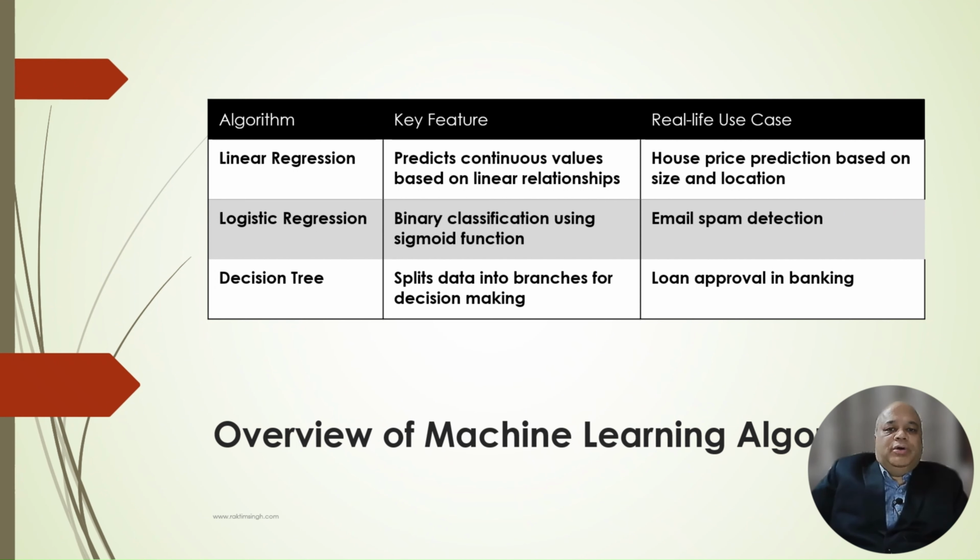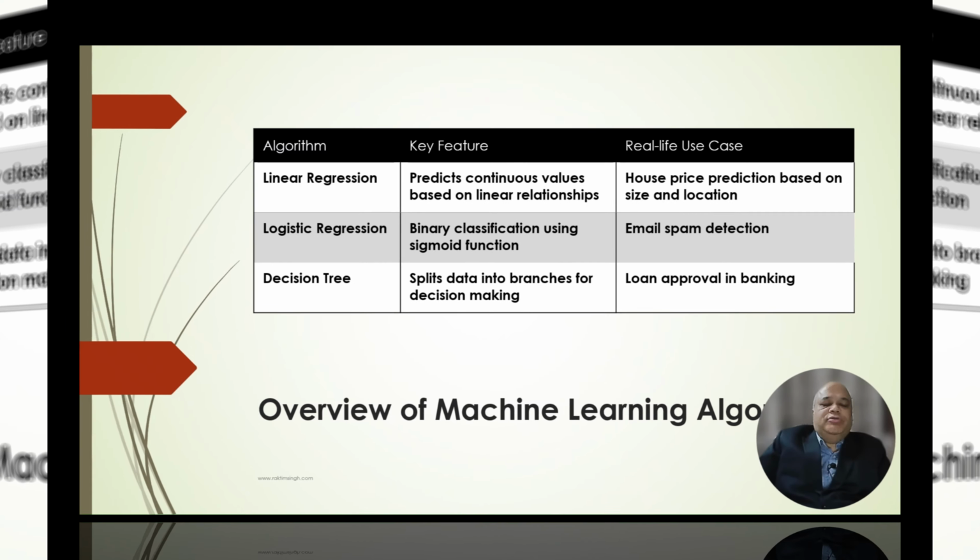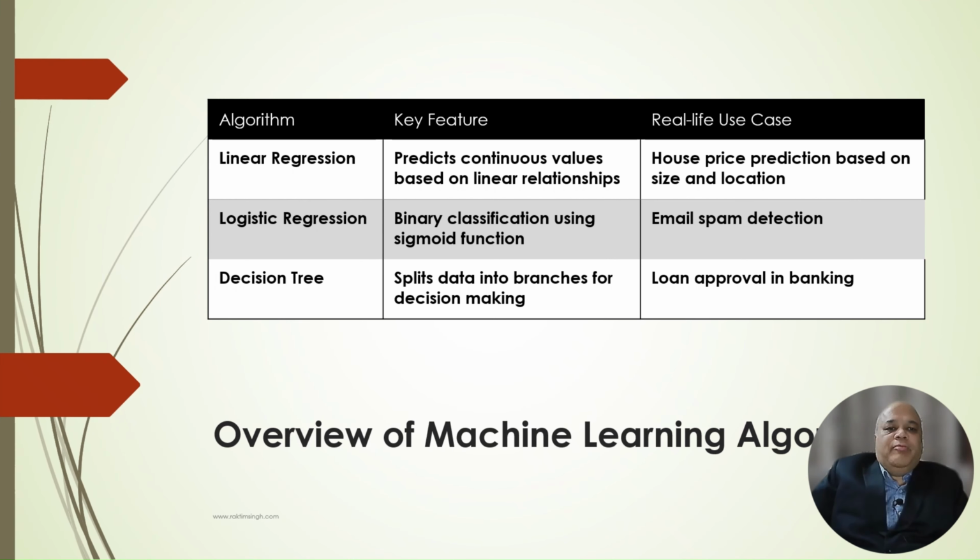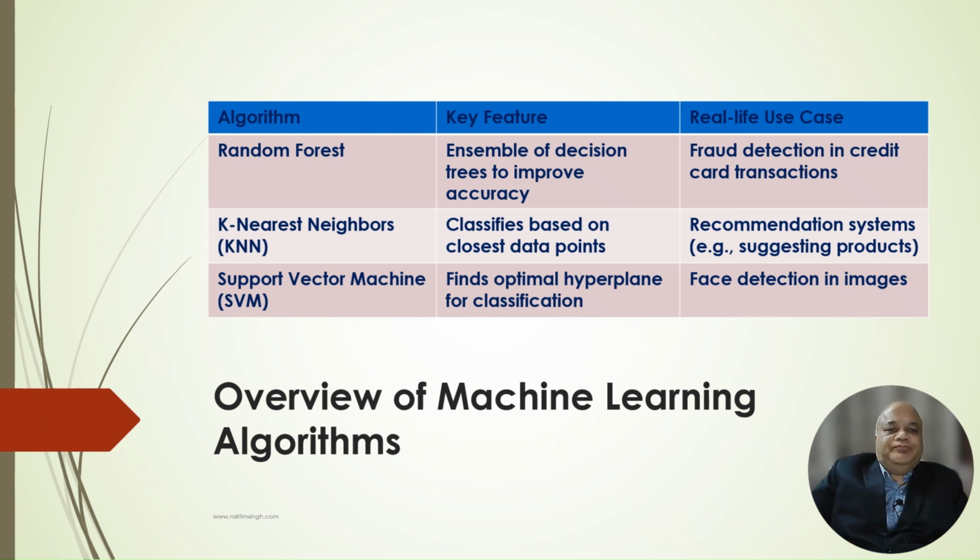Decision tree means dividing the data into various branches for taking decisions. Take loan approval. There you see if the customer, let's say, is a salaried person, has earlier paid all his credit card bills and dues, and has no loan outstanding. If you notice, these are the points you add up, which become branches, and you take the decision.